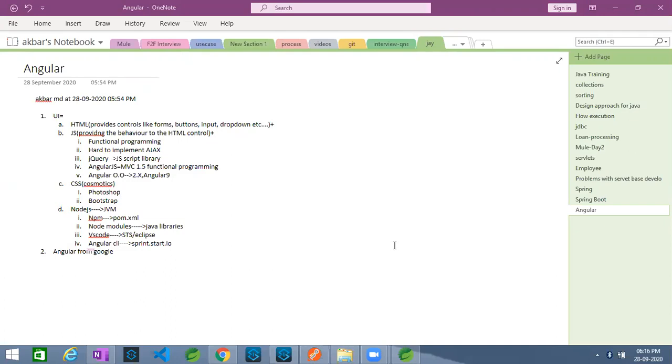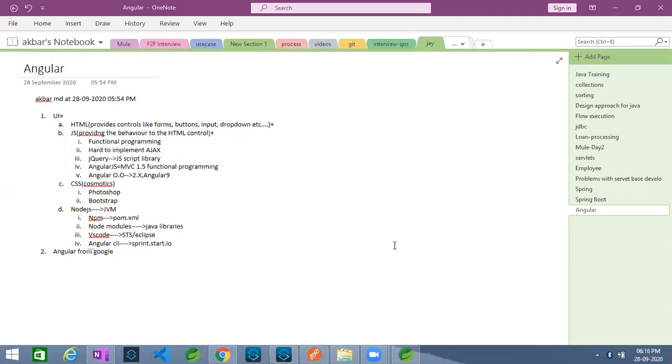Focus on the Java part, Java and Spring, whatever you have learned till now, before today's lecture.